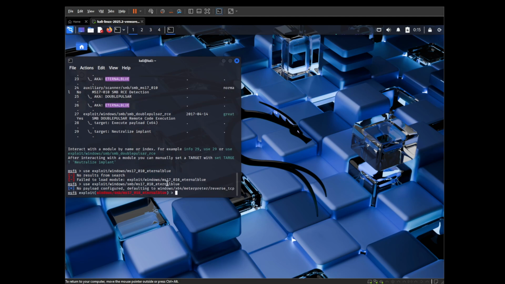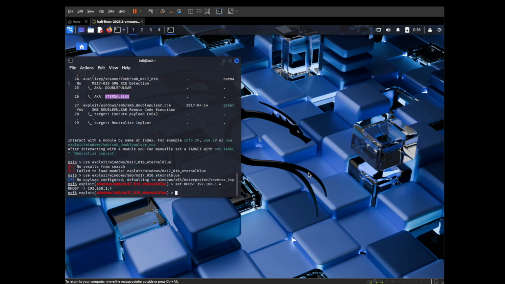No payload configured, defaulting to Windows. Okay, I guess we can just go to the next one. So set our host 192.168.1.4. Okay, now